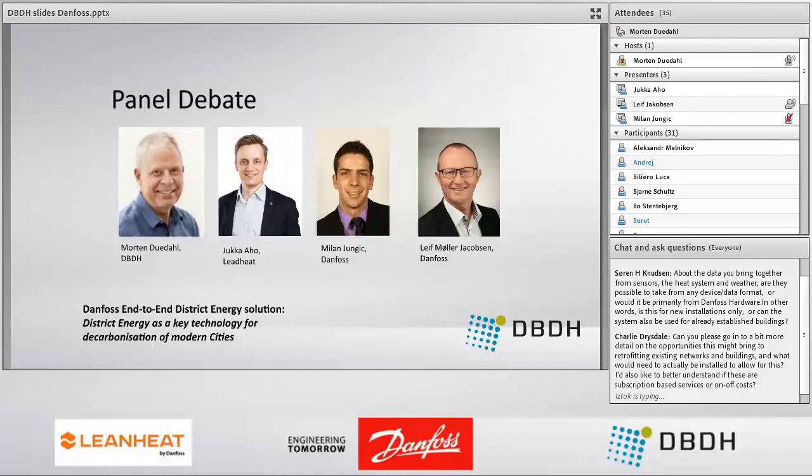Jukka, you climb all the way into people's homes. You measure all details. You know exactly what they're doing and when they're doing it. Is that a concern? Of course, it's a concern, but it's a concern that can be managed with technology. First of all, when we do demand optimization, we can also do it without indoor temperature sensors. Then we are only connecting to the controller data, and in terms of privacy,